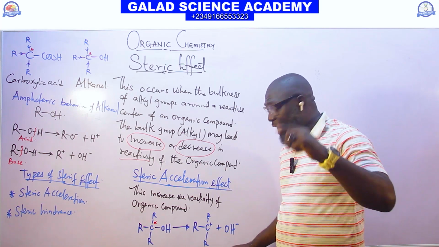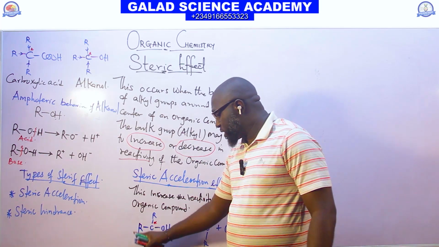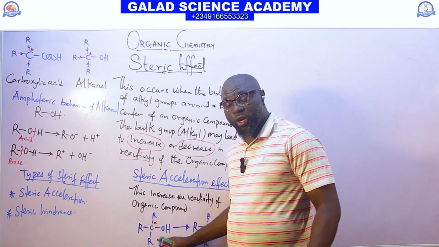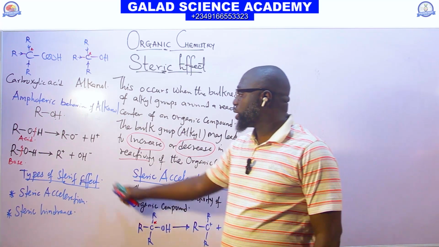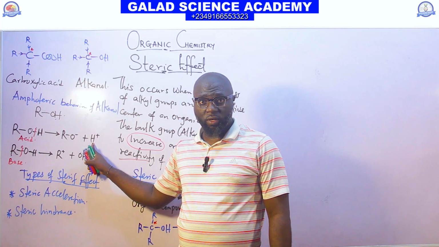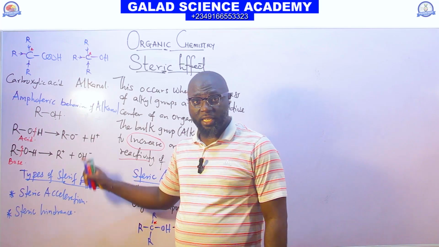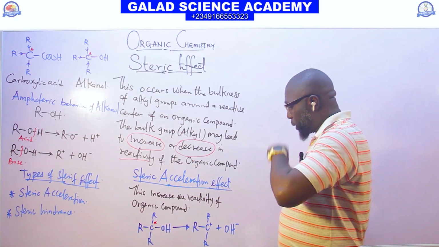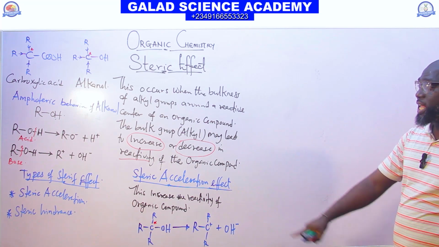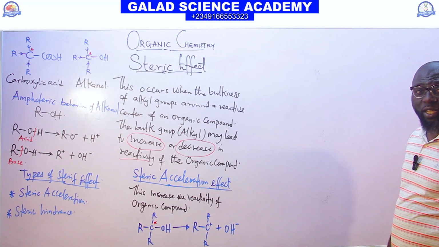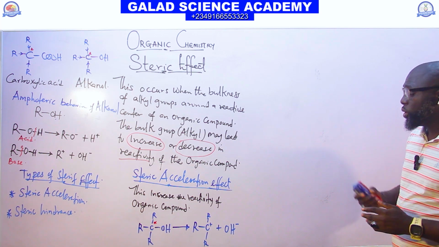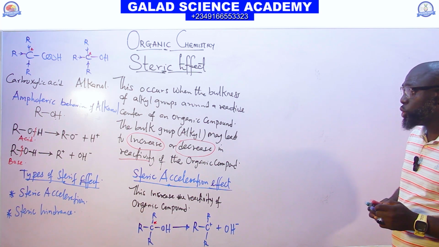But if you have an alkanol compound without this alkyl group, if you want to ionize, it will release hydrogen ion, which is acidic. So this is steric acceleration. So the next one is